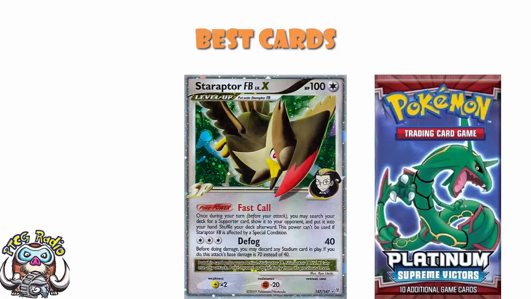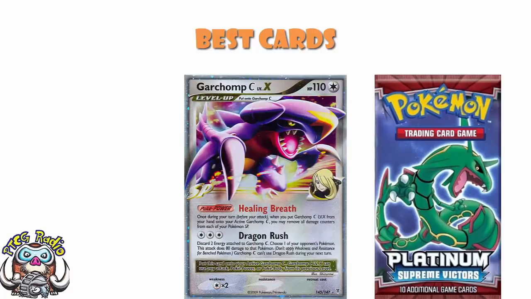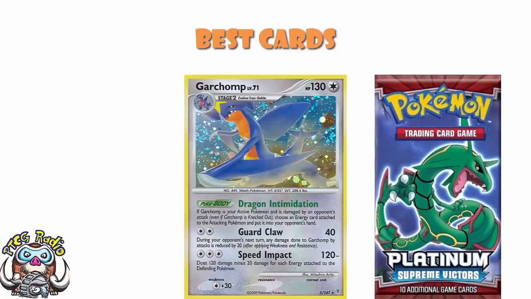Now, weirdly enough, as good as Garchomp C Level X was, and let's be clear, it was the best card in the Diamond and Pearl era, at least in terms of attacker, we also need to talk about just Garchomp. Because you see, there was a regular Garchomp in this set, and this regular Garchomp was awesome. It had an ability, or a Pokebody. If it is active and damaged by an attack, you put an energy from the attacking Pokemon into your opponent's